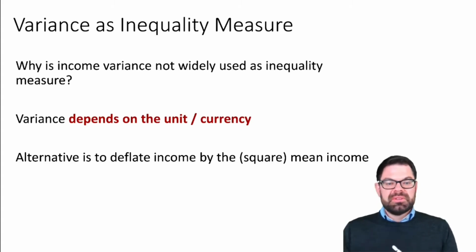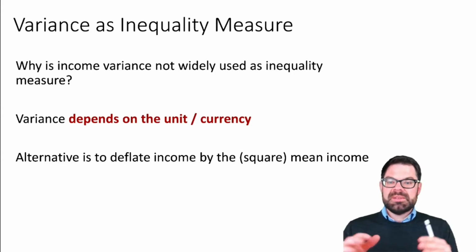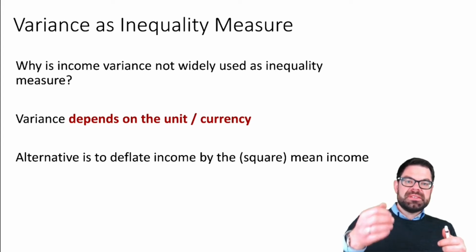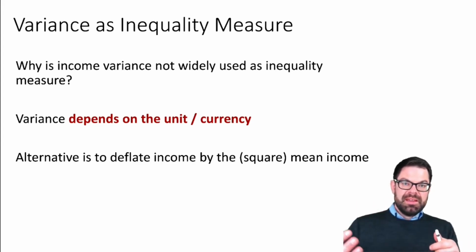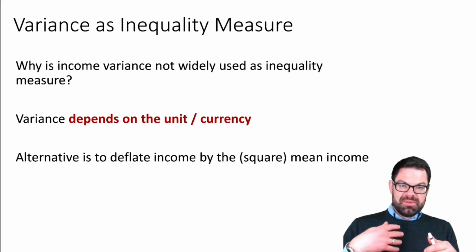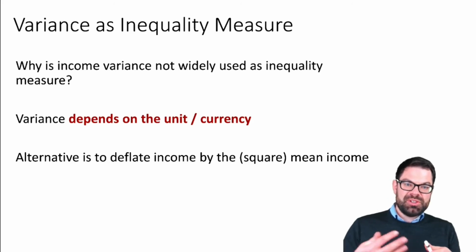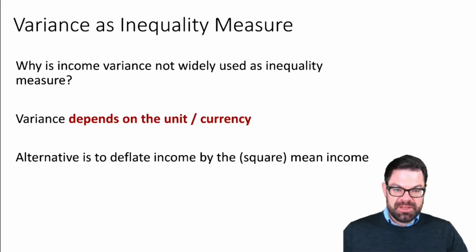So, there are reasons why we don't often use the variance, but this was just one example of taking a measure of inequality and seeing if it fulfills this very important principle. That's the necessary, but maybe not the sufficient condition for it being a useful index of inequality. The big problem with variance is it depends on the currency, on the units, and so it's very hard to actually compare variances over time, and you know, the deflation becomes very difficult. So that's why a lot of people don't